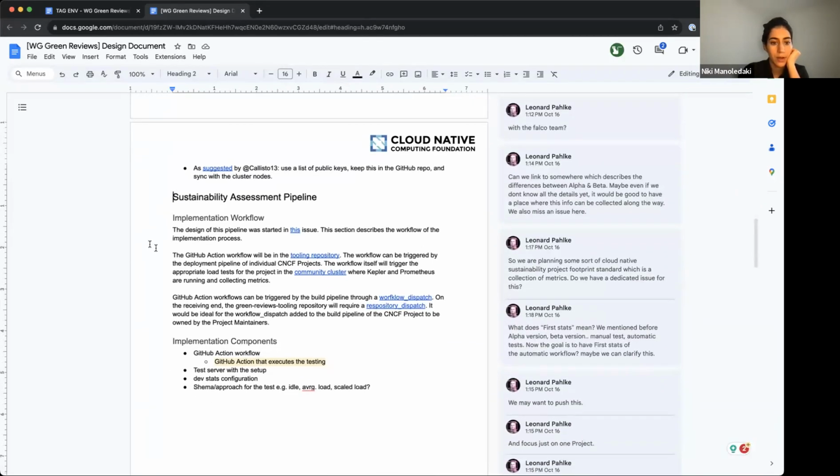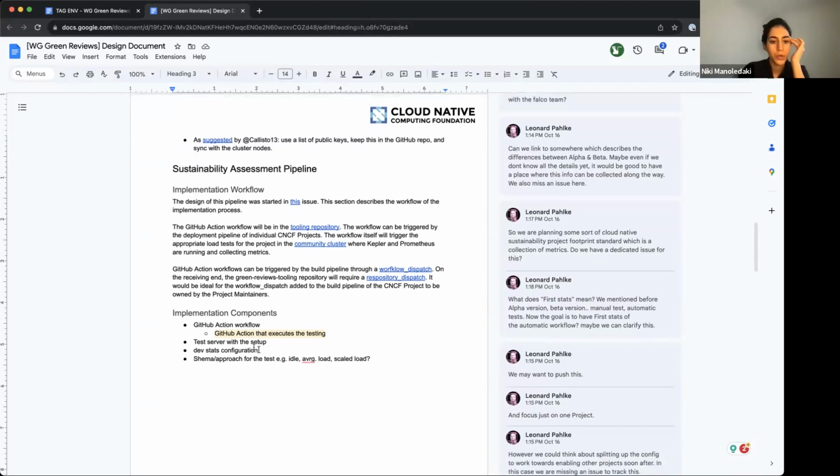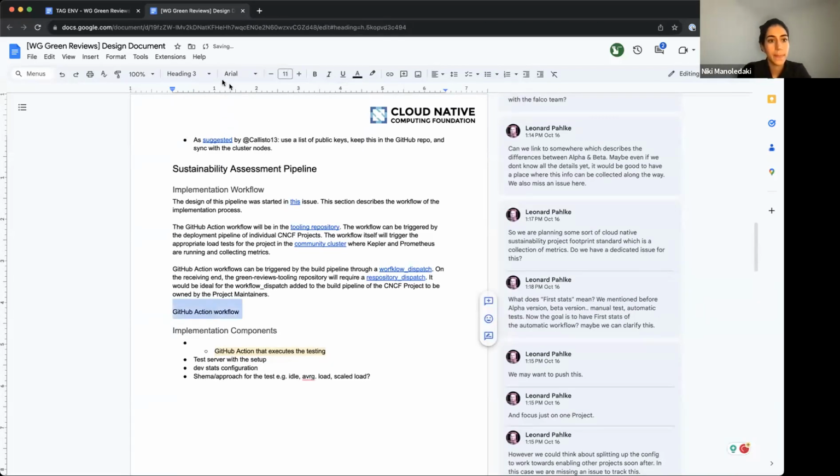So we've talked about the GitHub Action workflow and how it could potentially be triggered from another repo, like from the repo of the project itself. But we should talk about the GitHub Action workflow itself. So maybe we can take this out and